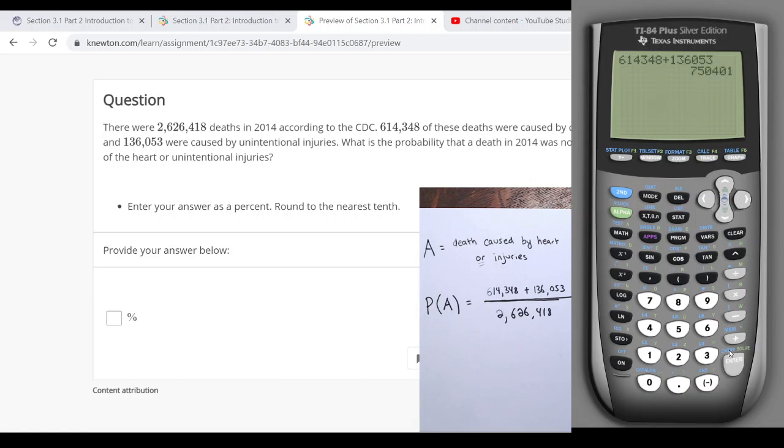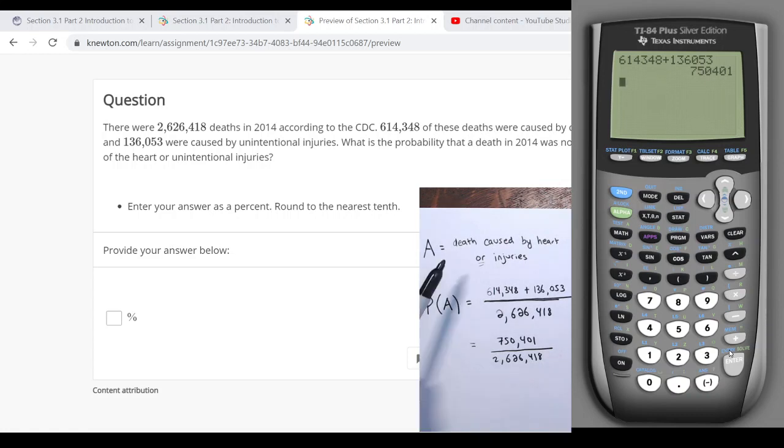All right. So the numerator here is 750,401, and then we're dividing this by 2,626,418. All right, now this gives us the probability that a death was caused